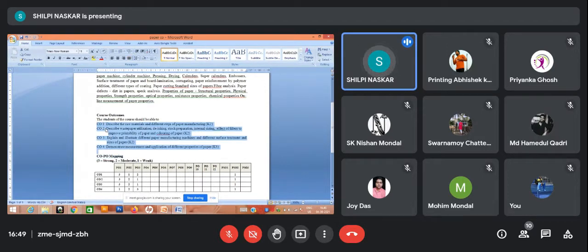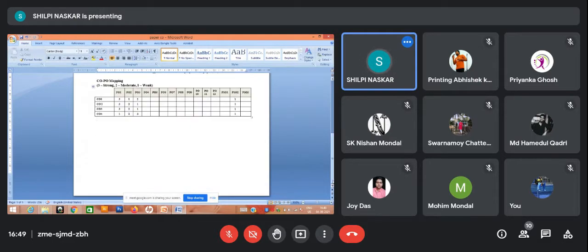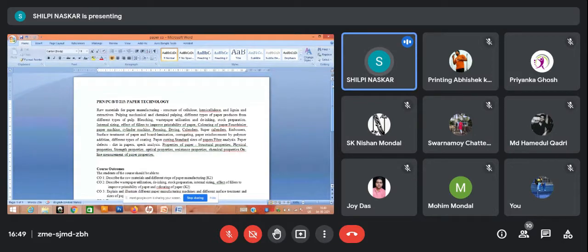The strength is given in the POs, that is the program outcomes, according to the CO. This mapping, I hope you have seen. So this is the syllabus which we will be covering. Most of it I'll be covering